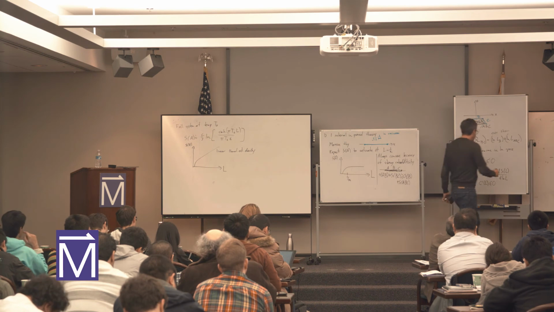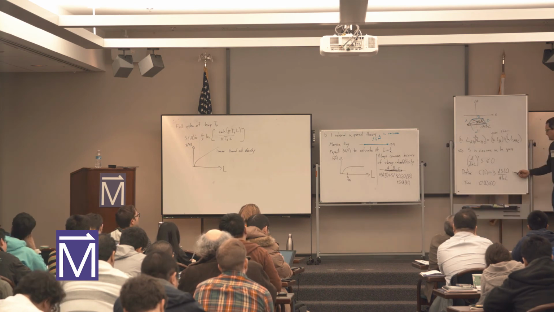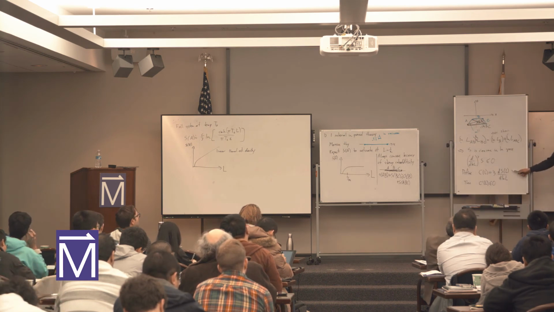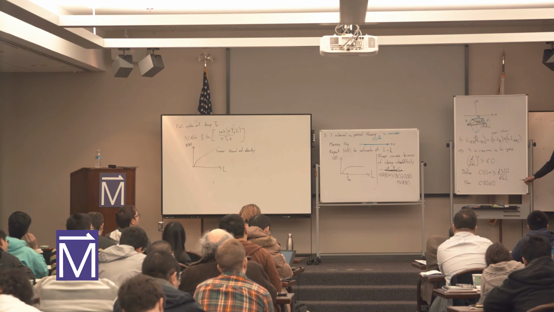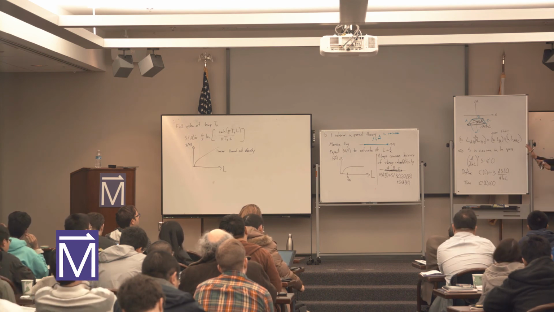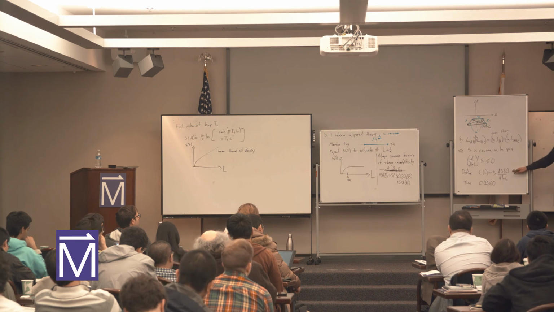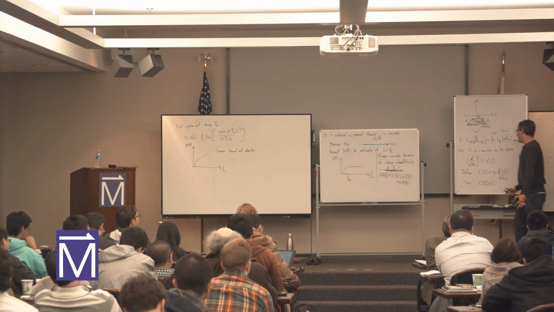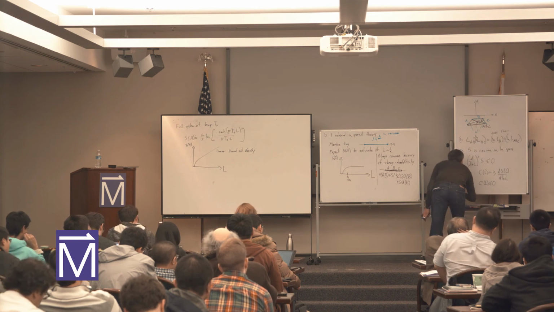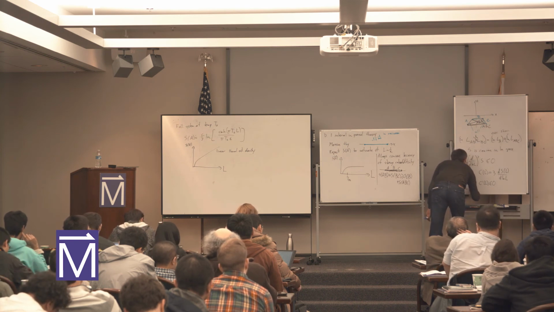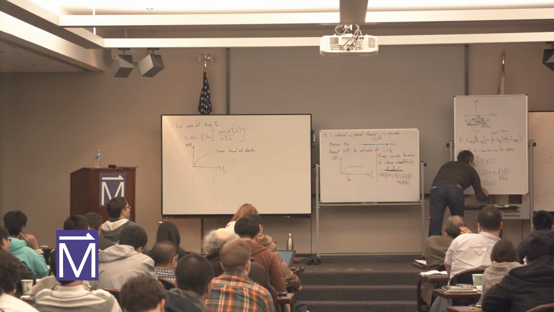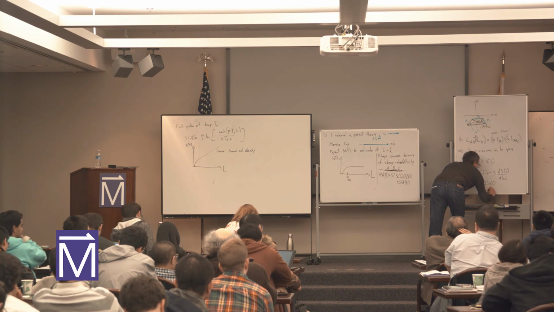Now, what does C of L look like? This is very similar, actually, to what David was doing in the last lecture. So what does C of L look like if I happen to be in a CFT? Everything here is for a general relativistic quantum field theory. But if I happen to be in a CFT, then I know that S is just c over 3 log L. So for a CFT, capital C is a constant little c.